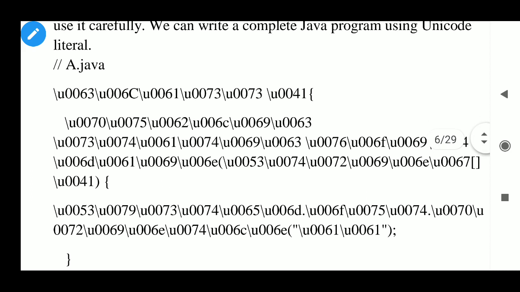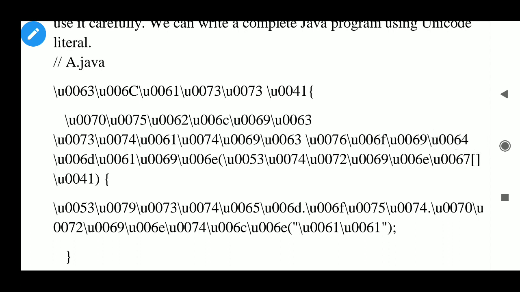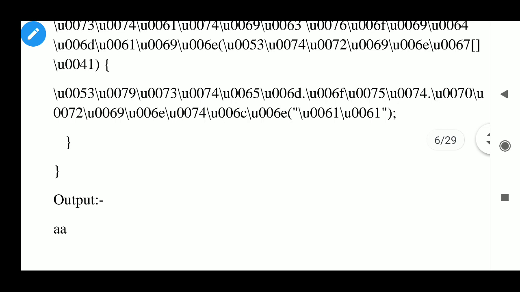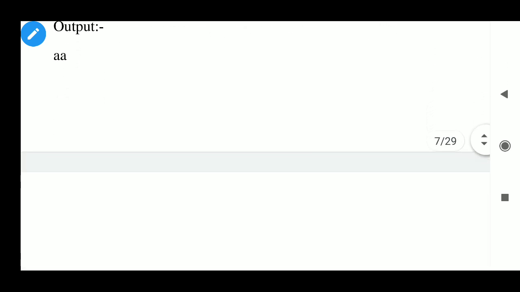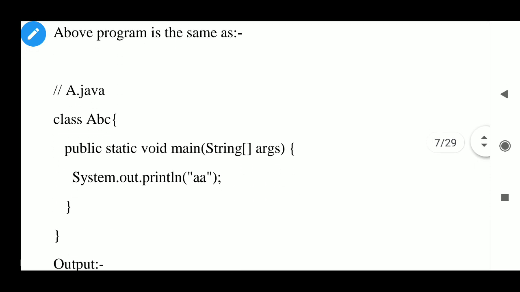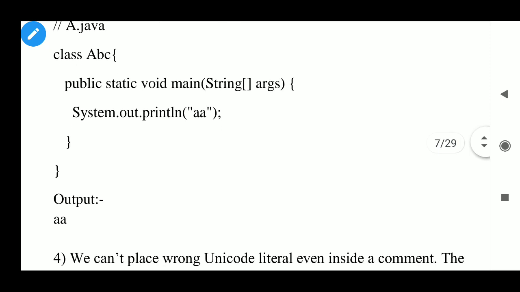It is very difficult to understand what is written here, but the output will be A. Why A? See now, our program is the same as this: class ABC, public static void main, String args, System.out.println, AA, and so the output is A.